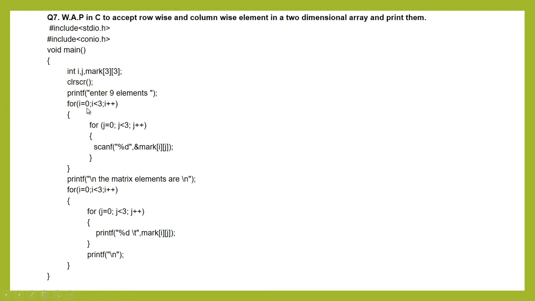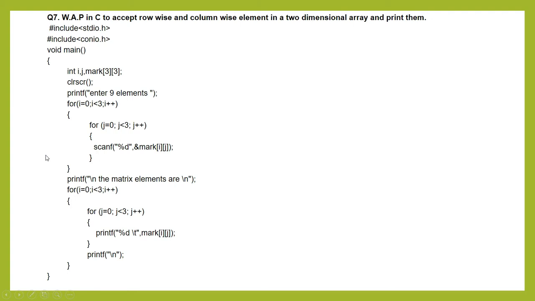We are defining two loops: i = 0, i less than 3, meaning 0, 1, 2 for the rows. Inside the row, the column loop is activated, that is j = 0 and j less than 3, meaning 0, 1, 2. As per the scanf statement, you are giving the address of i and j, so for the first row, 0, and first column, 0, you store the value at location 0 0. After that, when it goes back to the top, j becomes 1 but i remains 0, so next is 0 1. Then again it goes to the top, that is 0 2. After that it exits the loop because j is less than 3.